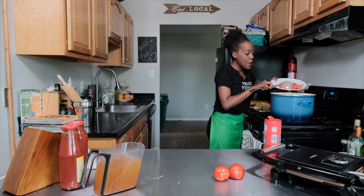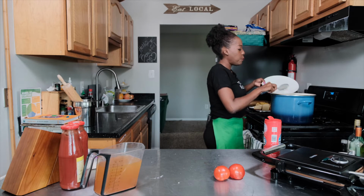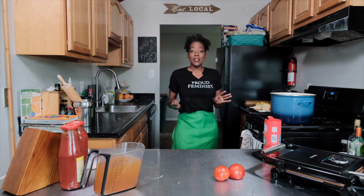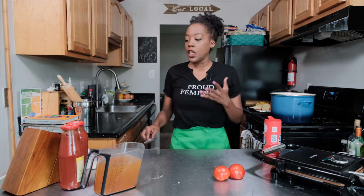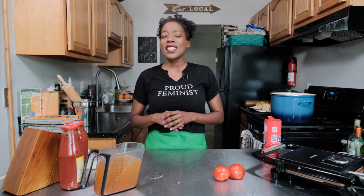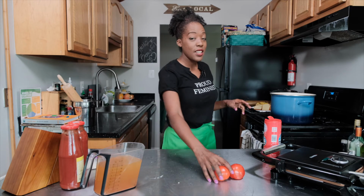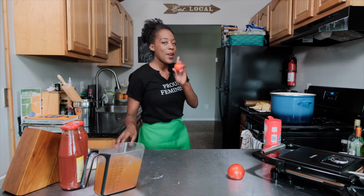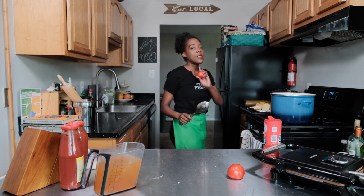All right, so I'm going to add a little bit of tomato. We're at the end of summer, and so if you are not really utilizing fresh tomato and fresh ingredients, please make sure you do, because we're at the end of the summer, and that's when everything is at the peak of its season. Especially tomatoes in our region, I'm in Washington, D.C. So in our region, tomatoes are definitely